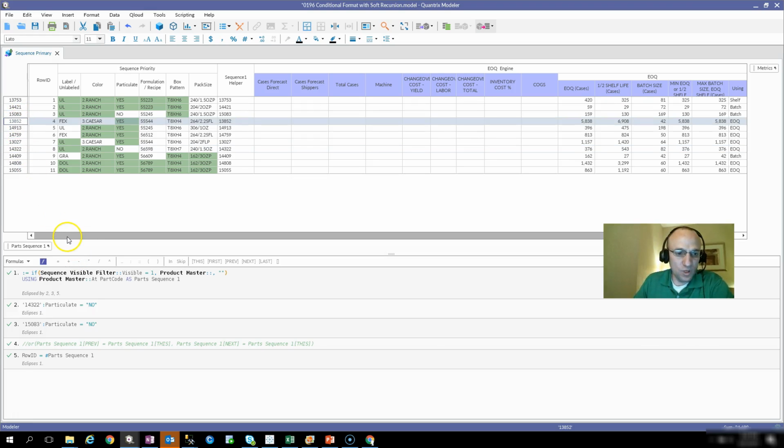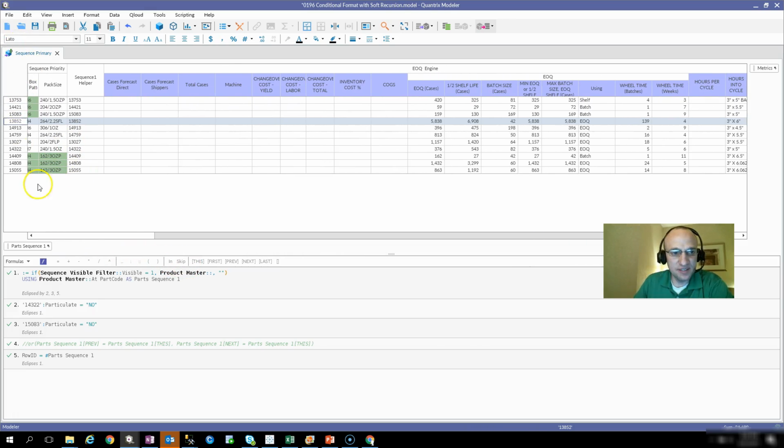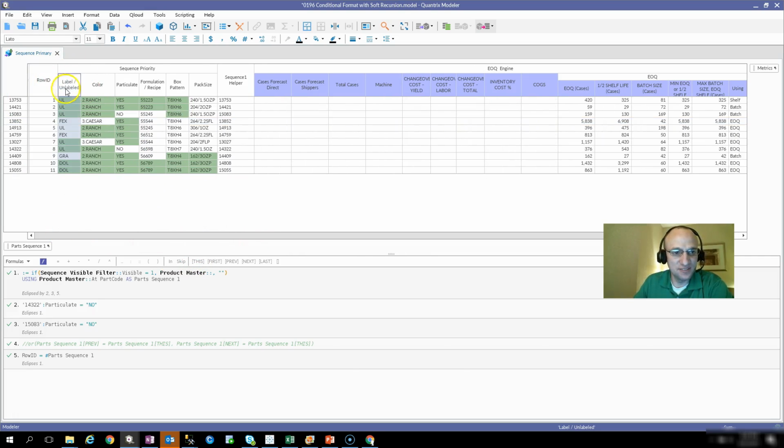Easy to find. Well, if I go ahead and move this over, if this is a large data set, you can see that my row IDs disappear from me. I would love it if my row IDs would freeze, right? From time to time, you may want to freeze a pane in Quantrix, much like you would freeze it in that lesser program, also known as Excel. Well, they don't have that functionality in Quantrix, but they do have something that's even better, in my opinion,